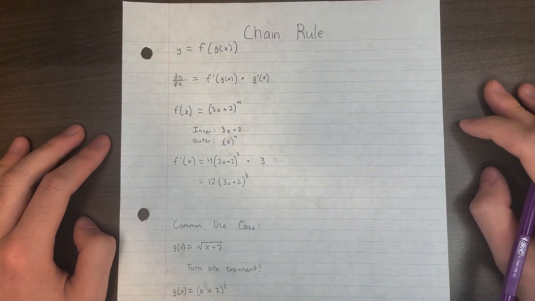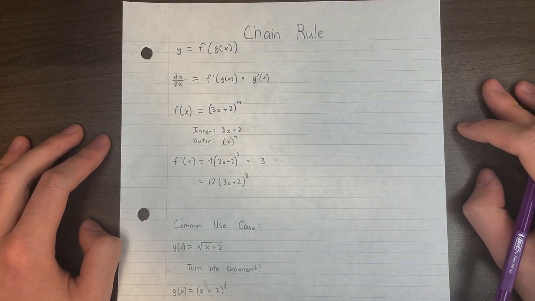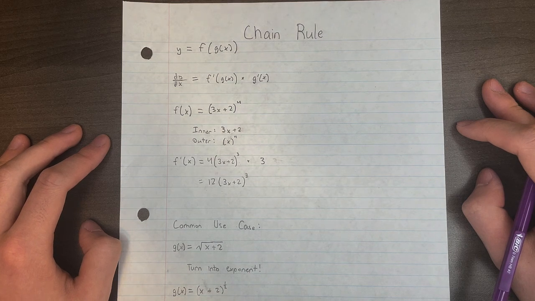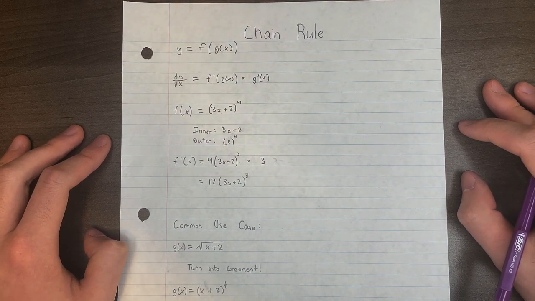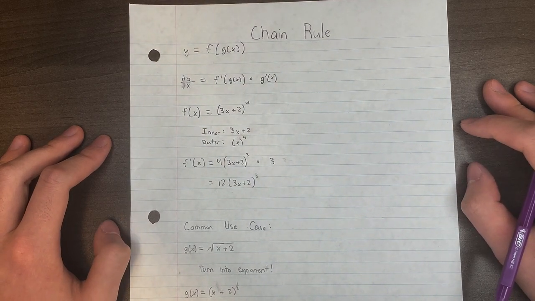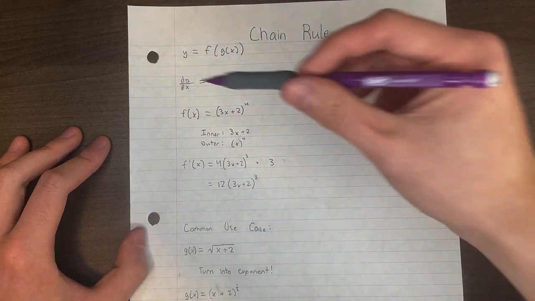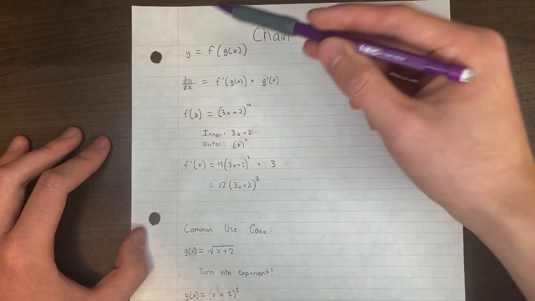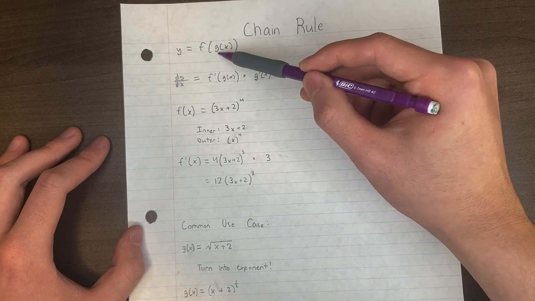Hello, today I will be explaining when and how to use the chain rule. So the chain rule is used to find the derivative of a function that is comprised of one function inside of another. For example, if we have the function y, which is comprised of the function g of x inside